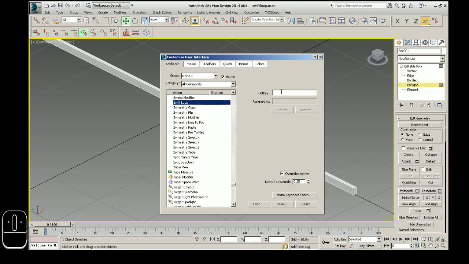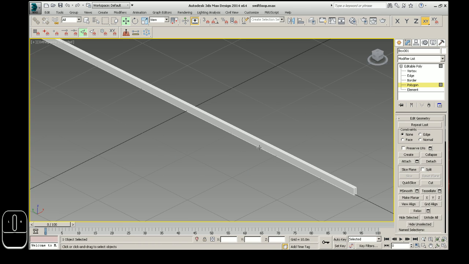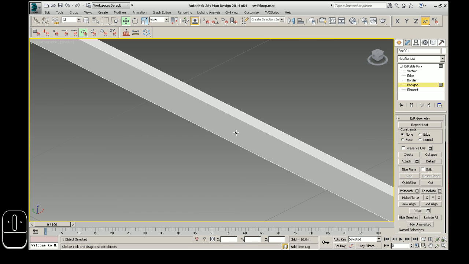So the next thing I'm going to do is go over here where it says Hotkey. And I prefer Shift S, and as long as I have Swift Loop over here selected and that combination set up there, I'm going to hit Assign. You see now it says Shortcut Swift Loop. So I don't need to do anything else in here except close it. So now what I'm going to do is I'm going to hit Shift S. Let me zoom out a little bit. Shift S, and you can see